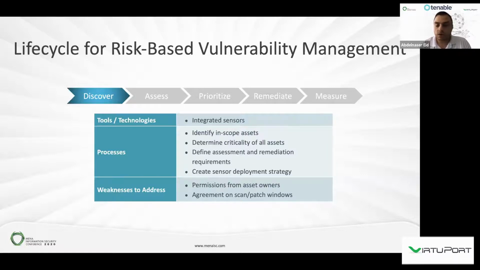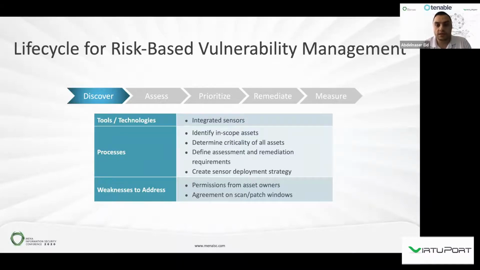We can use one or multiple tools to do this discovery. This could be a regular vulnerability scan, or it could be a CMDB solution that can discover it. So we have multiple techniques, or let's say tools, to gain this visibility. Also, we have some processes behind it, so we need to understand and identify our scope. Technically, the most recommended way is to include every single asset that has an IP or connectivity in the environment in our scope.